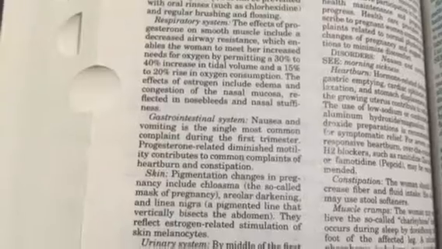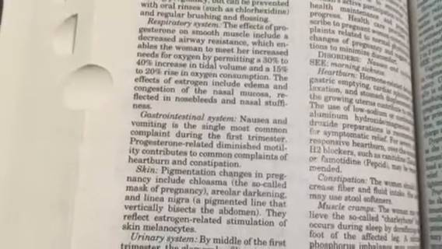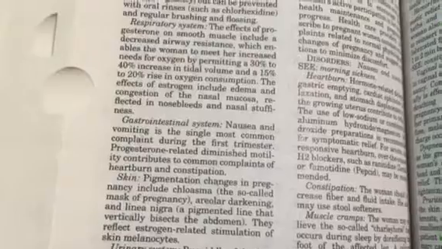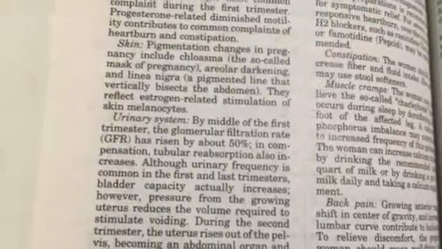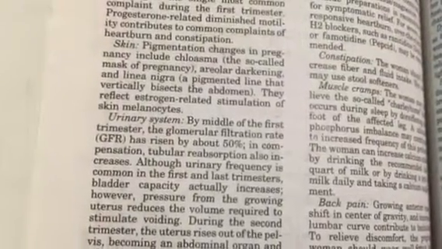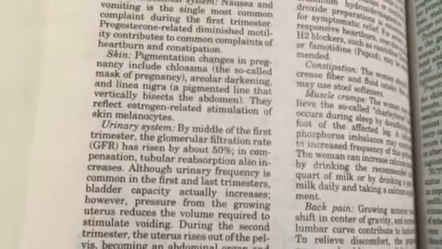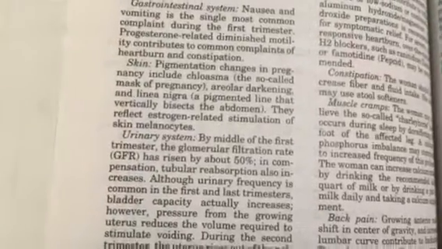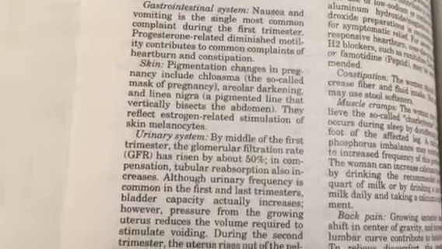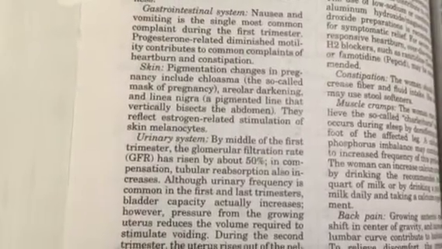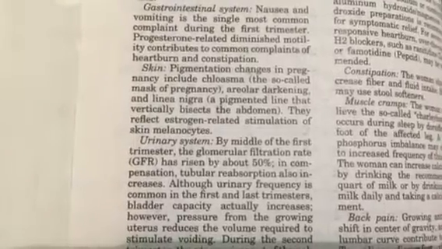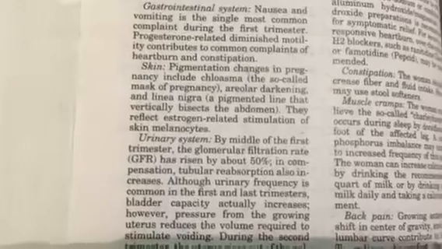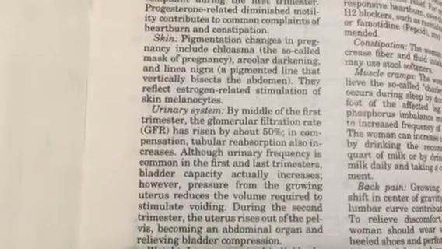They reflect estrogen-related stimulation of skin melanocytes. Urinary system. By the middle of the first trimester, the glomerular filtration rate (GFR) has risen by about 50%. In compensation, tubular reabsorption also increases. Although urinary frequency is common,